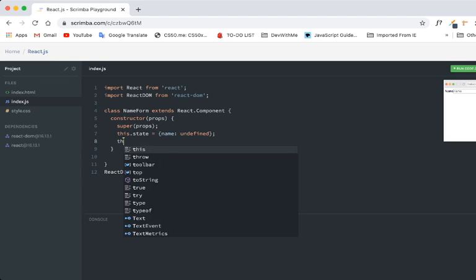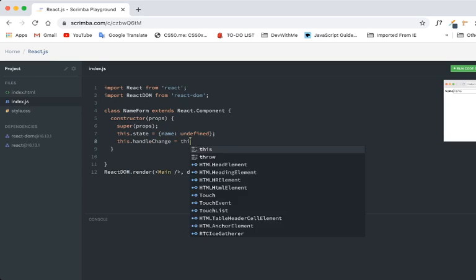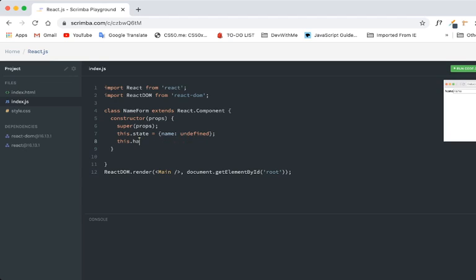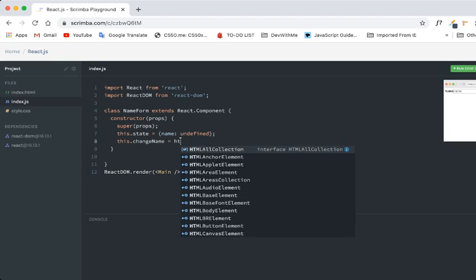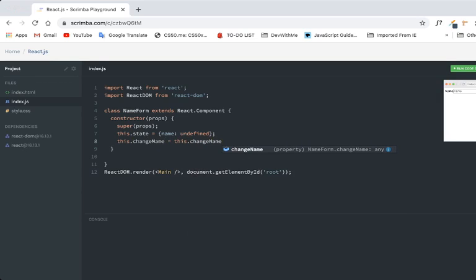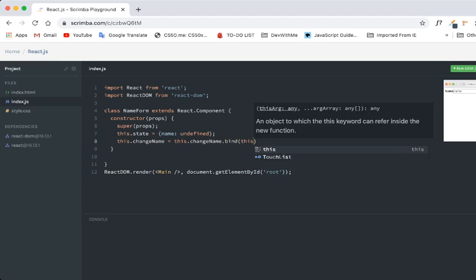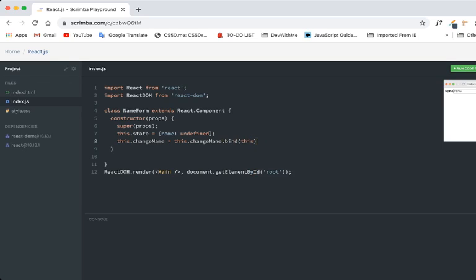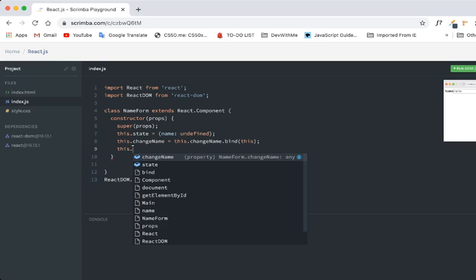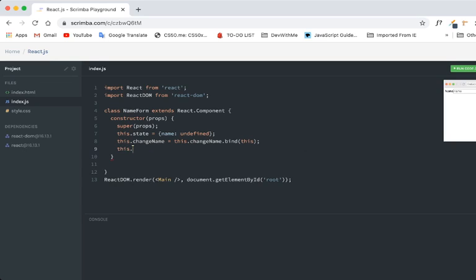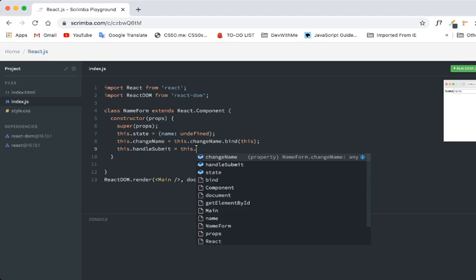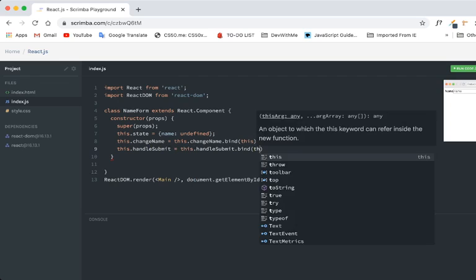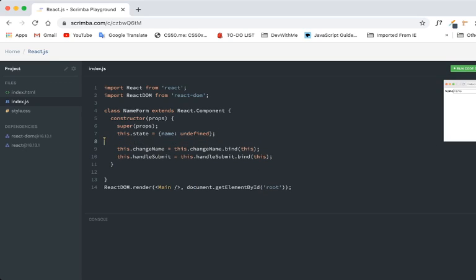And here I can say this.handleChange equals this.handleChange.bind(this), basically so we can use this in the change name property, and then this.handleSubmit equals this.handleSubmit.bind(this) as well. Alright, so these are some standard boilerplate, and now let's go and implement the handleChange and handleSubmit